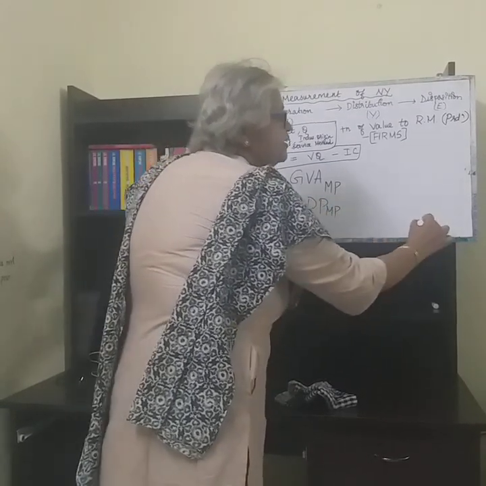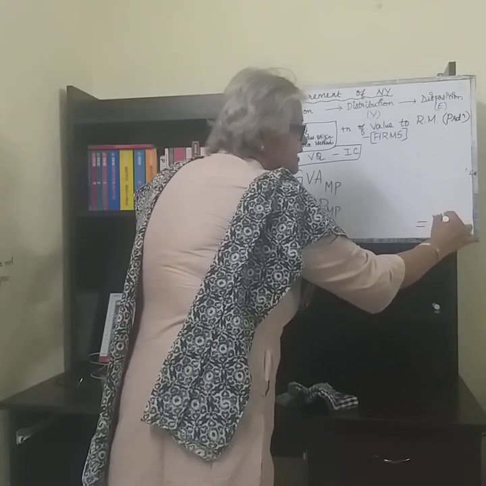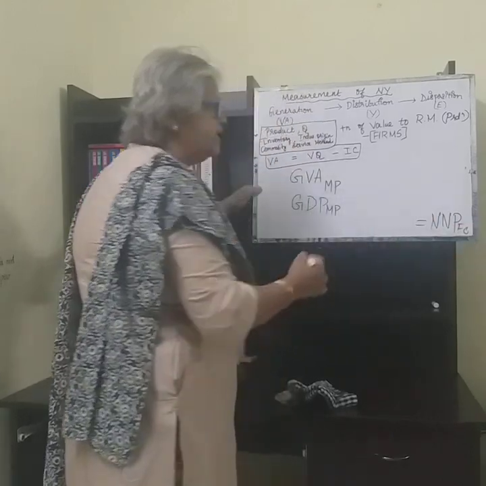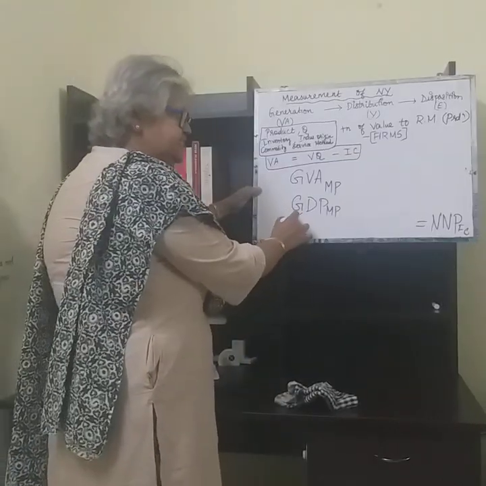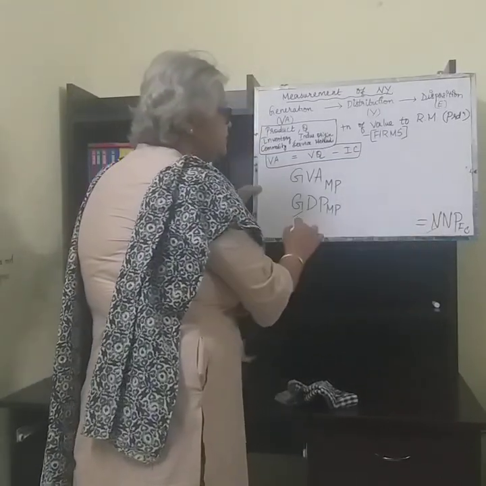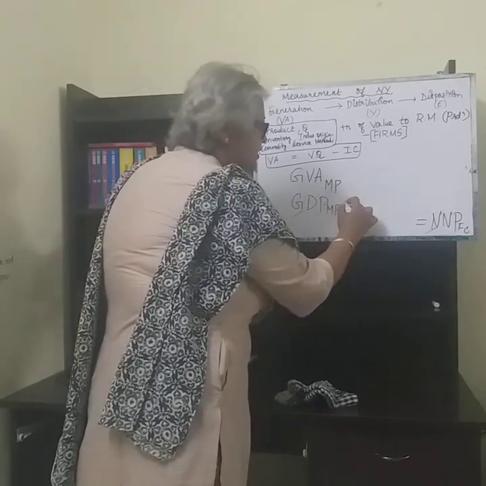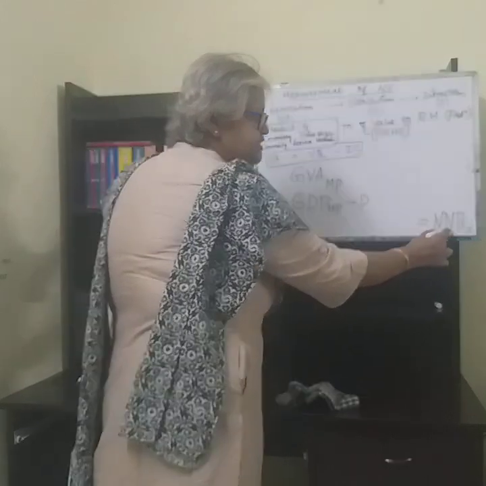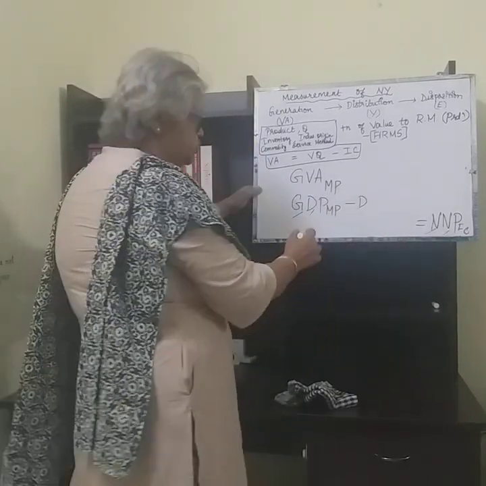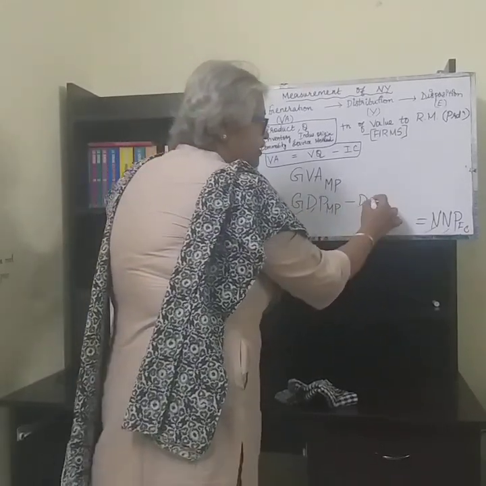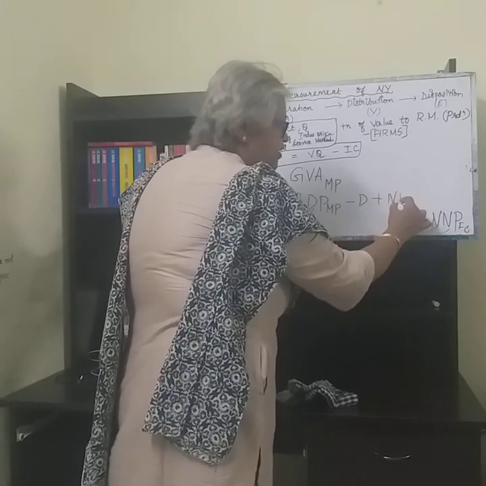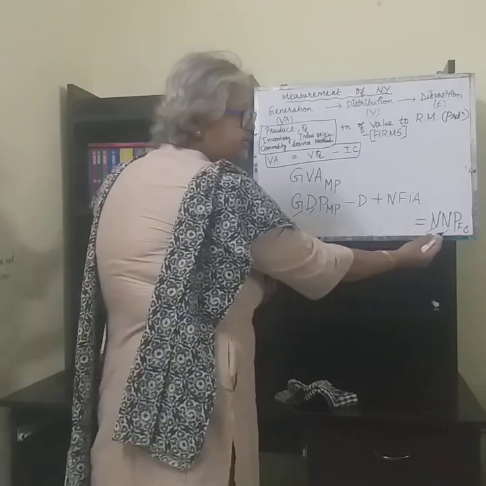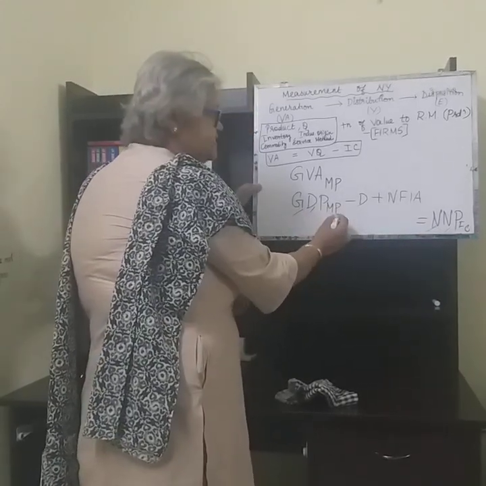from there to arrive at the national income or the NNP, what has to be done? This is a gross and this is a net. So, from gross to net, reduce depreciation first. Now, this is a domestic concept and this is a national concept. So, domestic income plus NFIA or net factor income from abroad will give you the national concept,